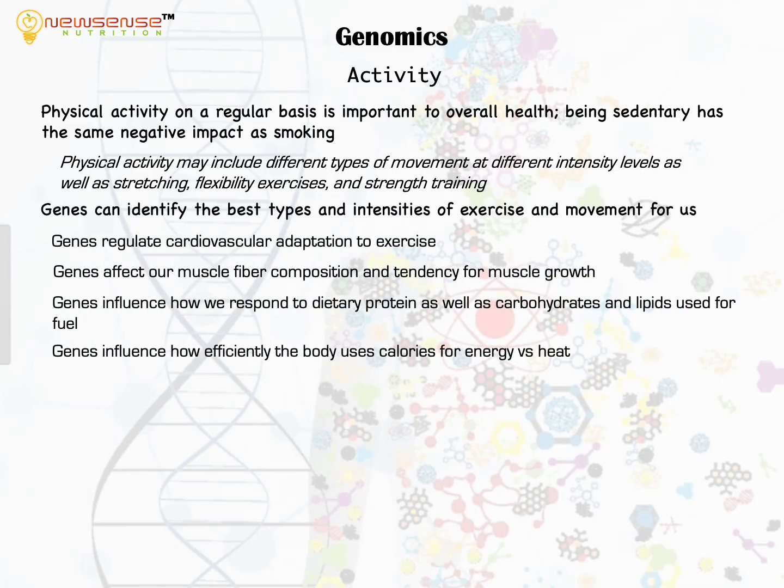Our genes can identify the best types and intensities of exercise and movement for us. We have genes that regulate the cardiovascular adaptation to exercise. We have genes that affect our muscle fiber composition and our tendency to grow muscle. And we have genes that influence how we respond to protein, as well as carbohydrates and lipids, and how we use them for fuel, how efficiently the body uses them for energy versus heat. So those are all going to affect the type and mode of activity that we can successfully do